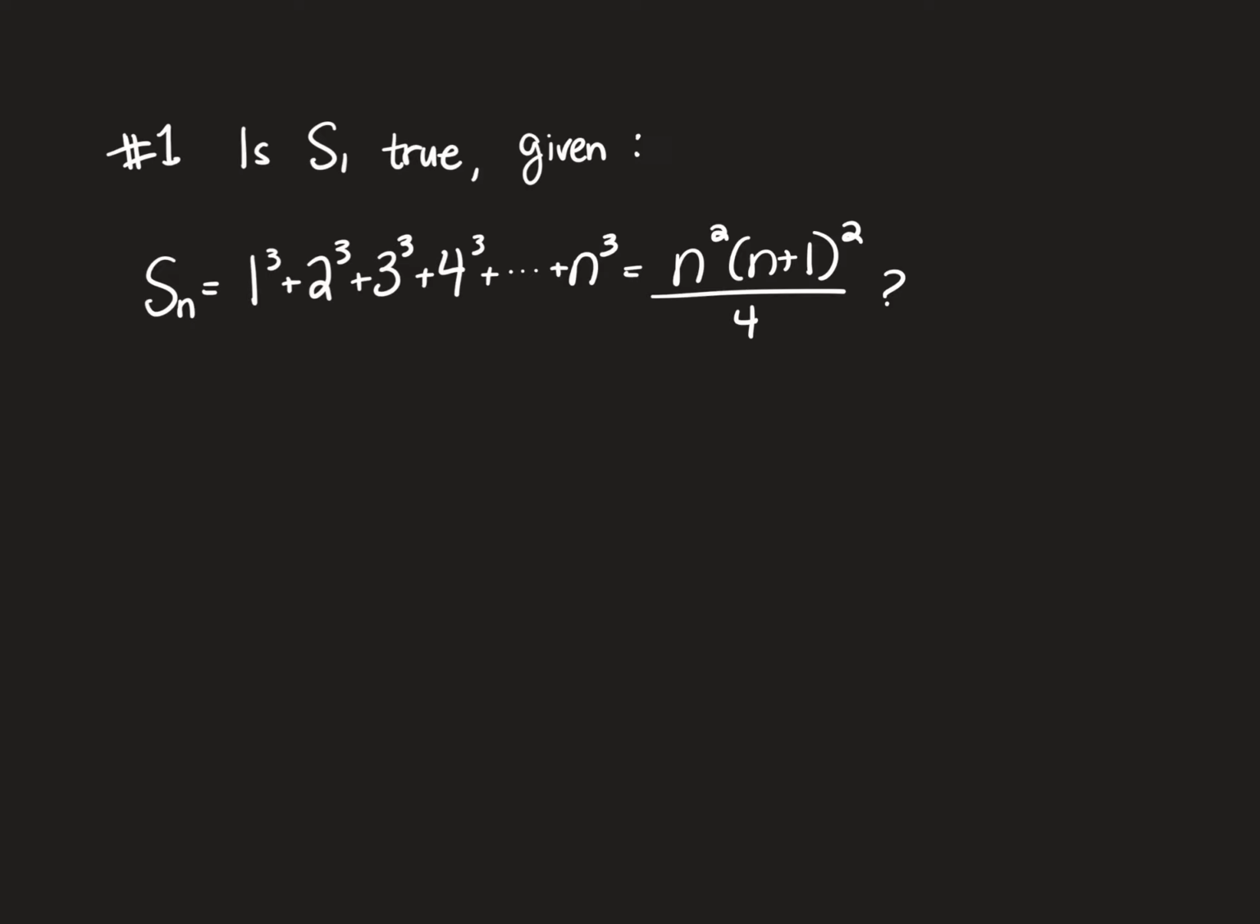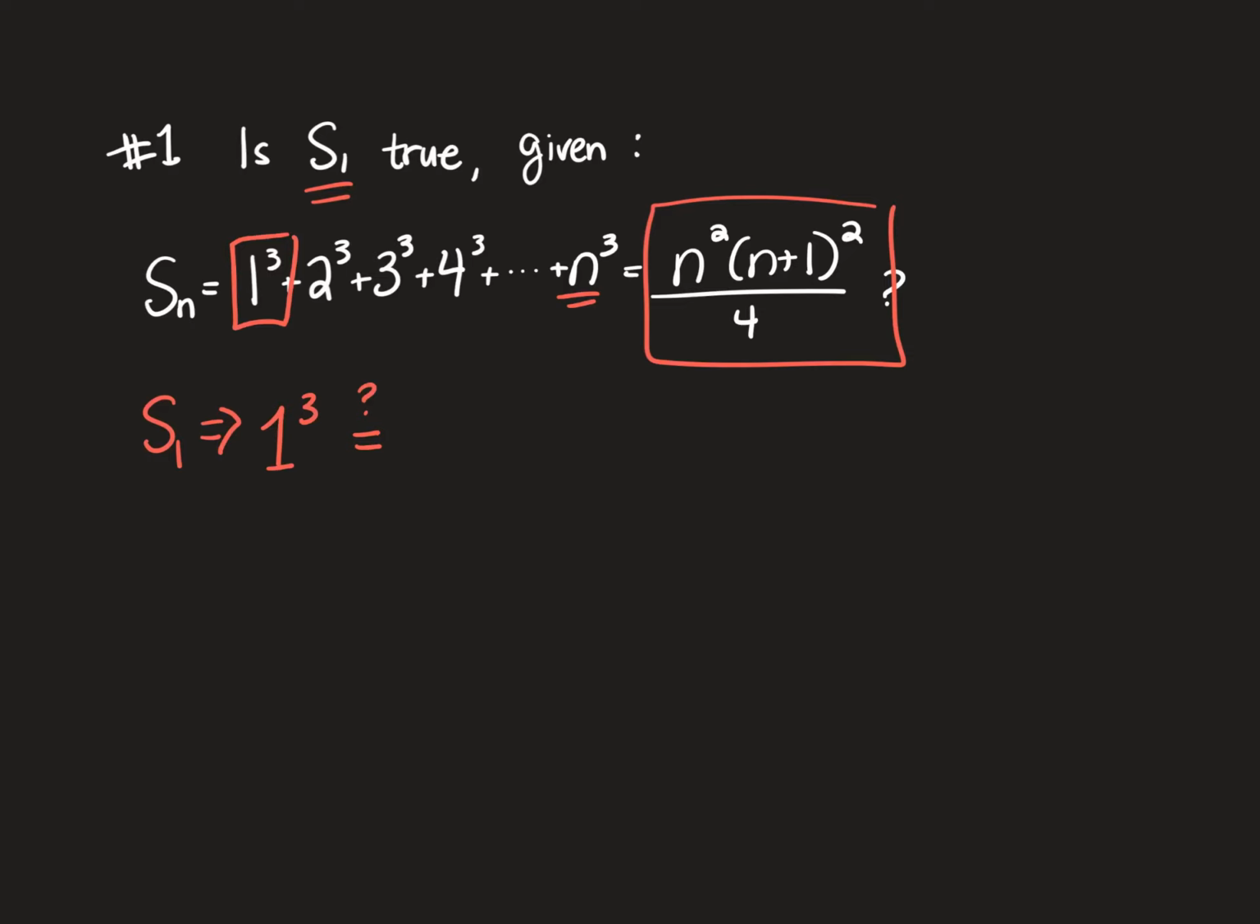Okay, let's talk about this very first problem on our check-in. So we're trying to determine if S sub 1 is true given this formula. To find S sub 1, what we're asking is, does this formula give us the same thing as if we were to just plug in 1 and find the first term, which is given by n cubed? So really what we're asking is, is 1 cubed equal to what we would get if we plug in 1